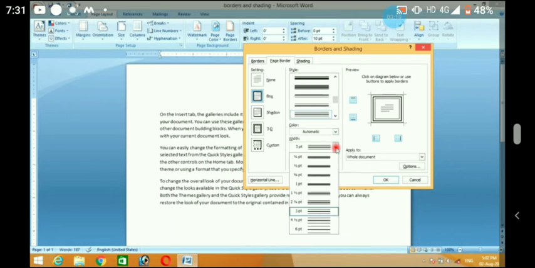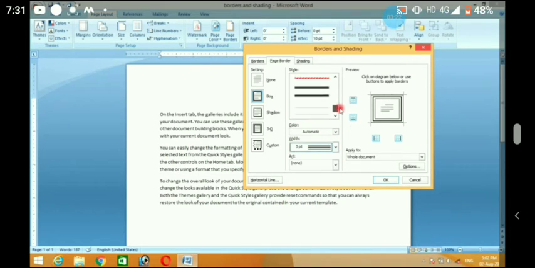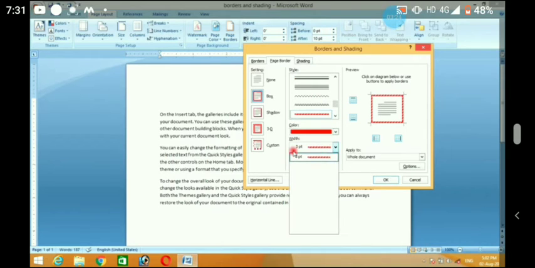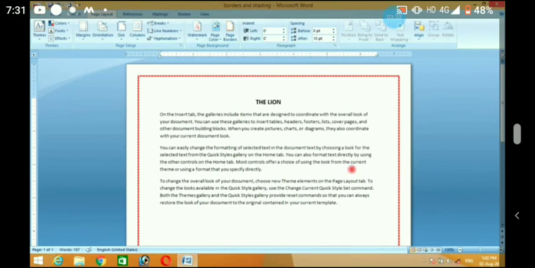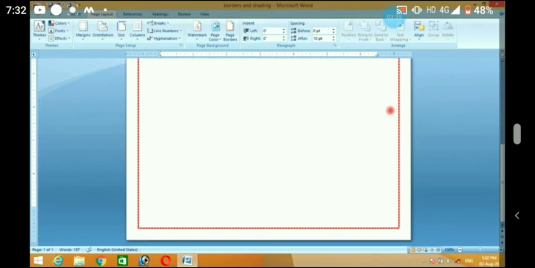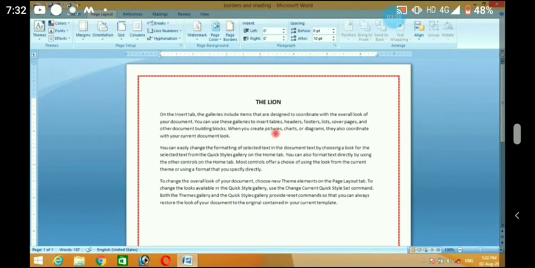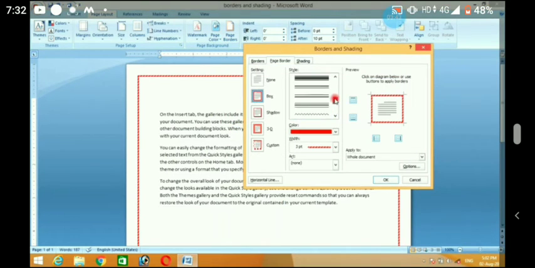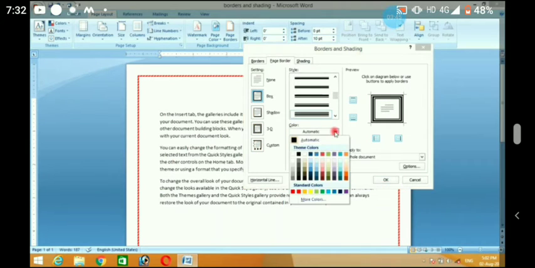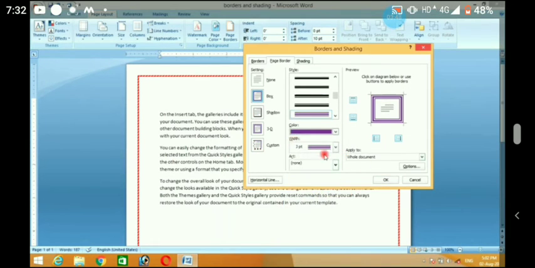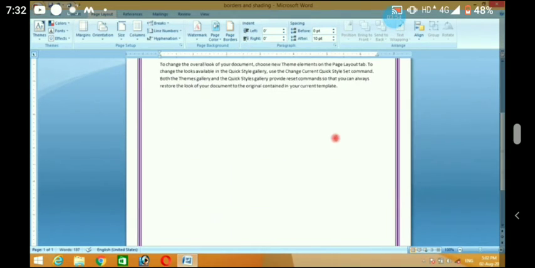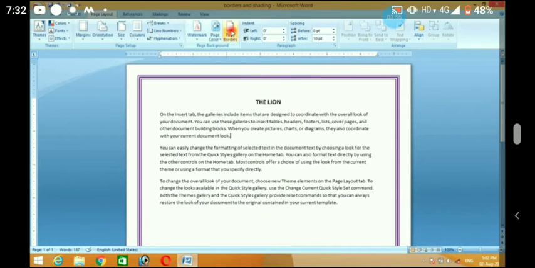Okay, then there is a pt option. It increases the width of the border. If you want a sleek border or if you want a thick border, in this way you can adjust the width. If you click ok, you're able to see the whole page got the page border over here. Now again we are clicking on the page border. I have changed the color. Again I'm taking a different color, and I'm increasing the pt, and again click ok. Again you can see the page border has been changed over here.